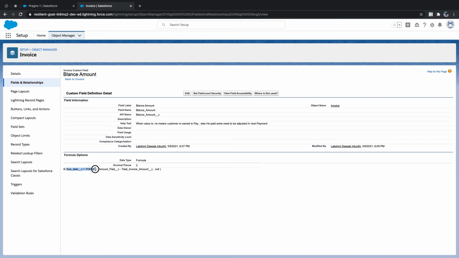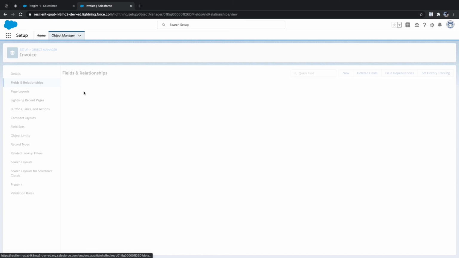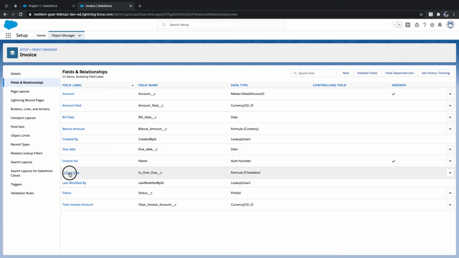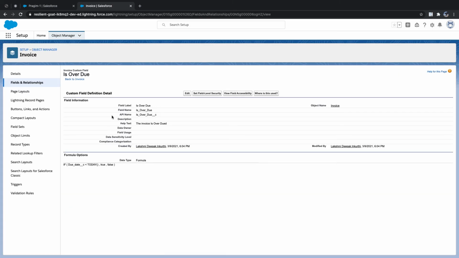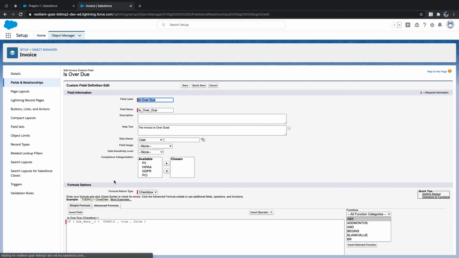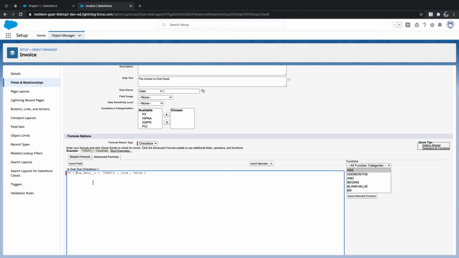So technically, if you do this way, you have to check two things, whether your bill due date is less than today and balance amount is less than minus 1, I mean less than 0, then you need to show it is overdue. There are two conditions to check an overdue. First thing you need to check a date, and then second thing you need to check whether my balance amount is less than, and you need to use and. So to use and, you have to write and.